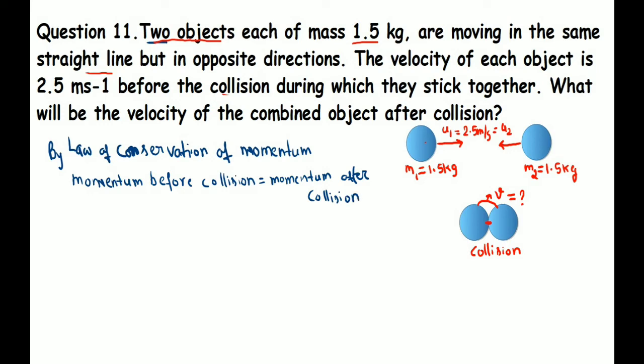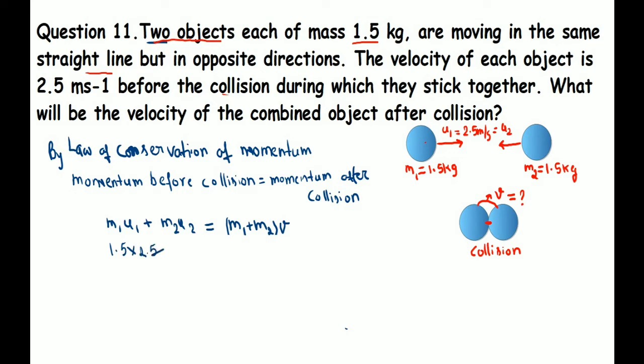If these two objects are forming a system, before collision, how can we represent it? Momentum can be shown as mass into velocity. They are individual, student, so they will initially have individual momentum, that will be added together. And after collision, as they are combining into a system, the masses of the two objects will be added and they will have the final velocity v. Now we will place the values.